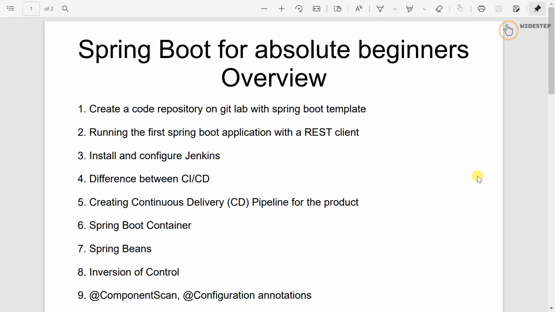So at first, I'm going to create a code repository on any of the repository management platforms, for example, GitHub, GitLab, Bitbucket, whatever. And then I will create a demo Spring Boot application, and we'll try that against a REST client to verify the setup. Then I will install and configure Jenkins on my local machine, and we'll briefly explain the differences between